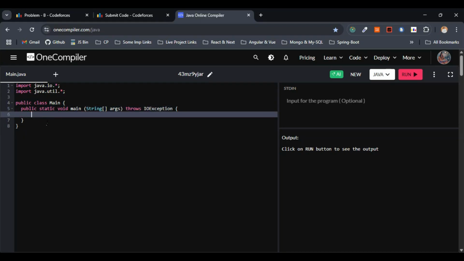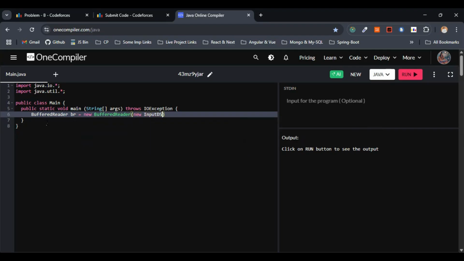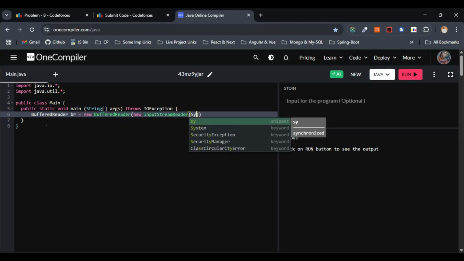Let's make use of the fast input reader and fast output writer. So that is the reason we have imported the input output package, right? So I'll just go with BufferedReader br equals new BufferedReader(new InputStreamReader(System.in)),